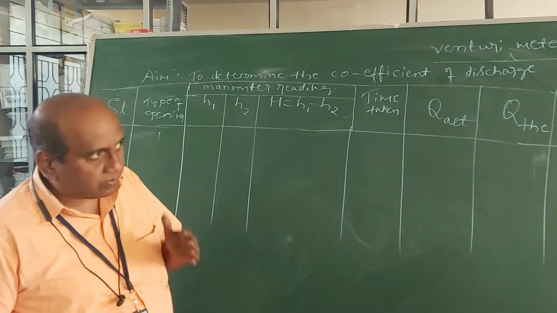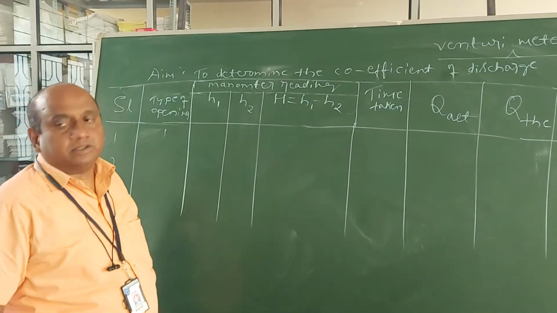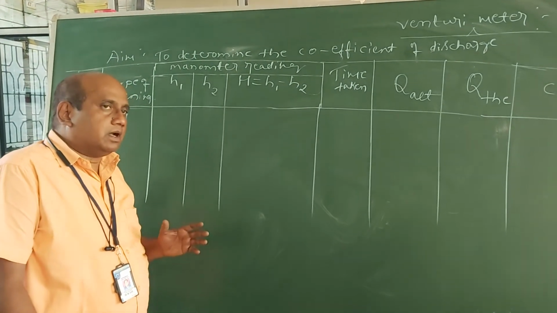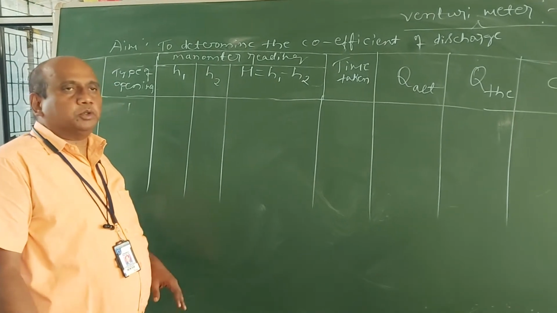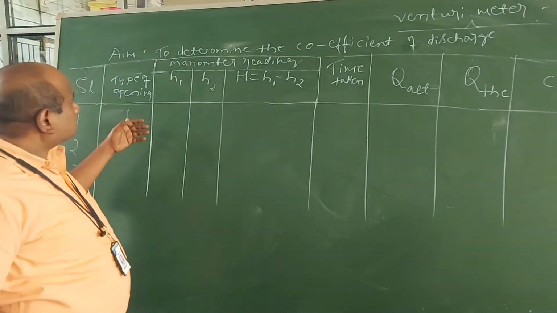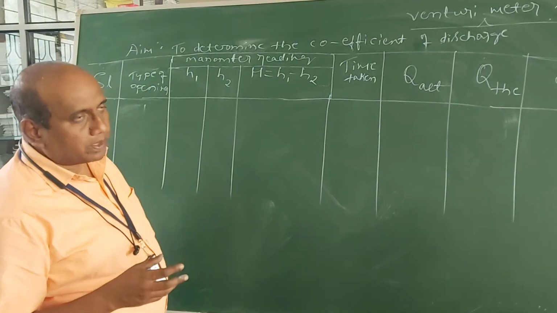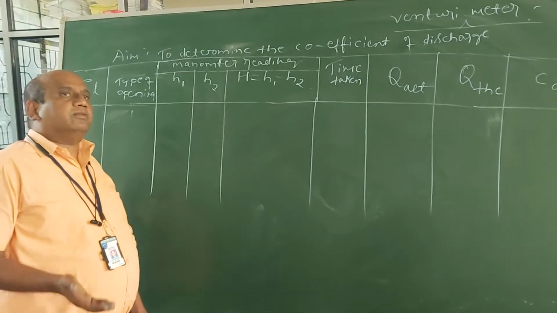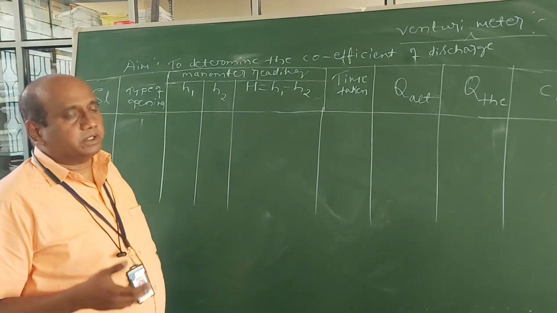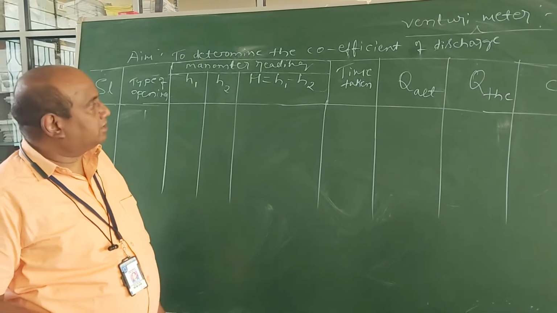To know that, there is a flow measuring device, that is a rotameter. With the rotameter, the quantity of water which is flowing through the tube, we can fix it. So that is what I have written here. When you open the valve a little, it makes the water flow 15 lpm, nothing but 15 liters per minute, or 20 liters per minute. Likewise, you can take down 3 to 4 readings.